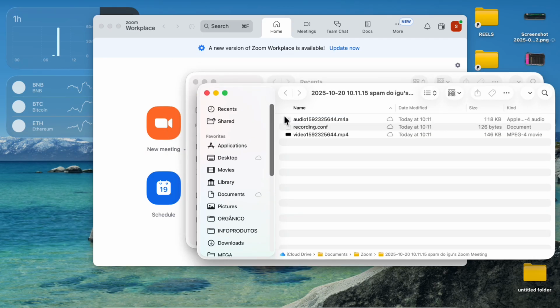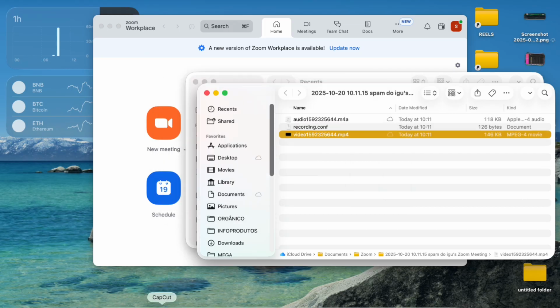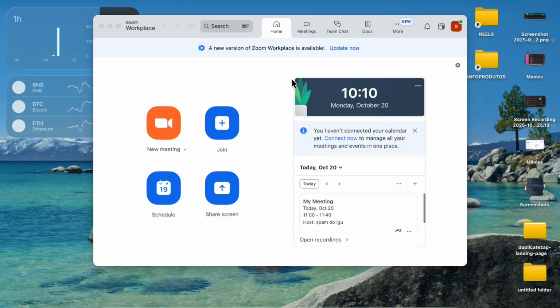When the meeting ends, Zoom automatically saves your recording. If you're using the desktop app, it will appear in your Documents/Zoom folder. If you're using Zoom Cloud Recording, available on paid plans, you can find it in your Zoom web